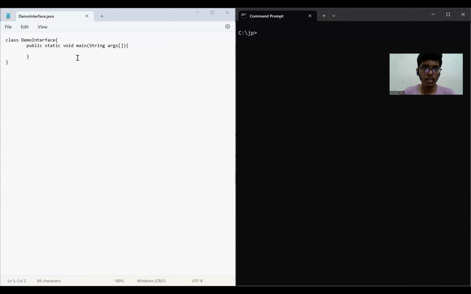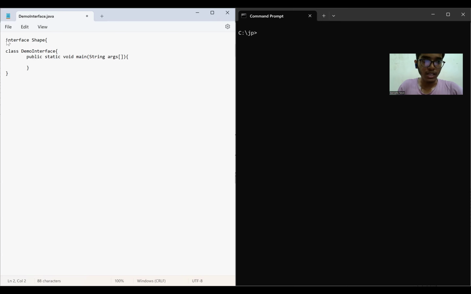So here I opened Notepad and command prompt. Here we can write the program and we can implement this program and compile and run this program here in command prompt. So let me just create an interface whose name is shape. The name of the interfaces and classes should start with a capital letter. It will be good. And camel casing, Java will follow camel casing. So here I declared interface shape,